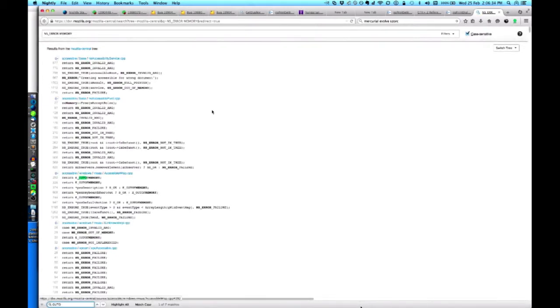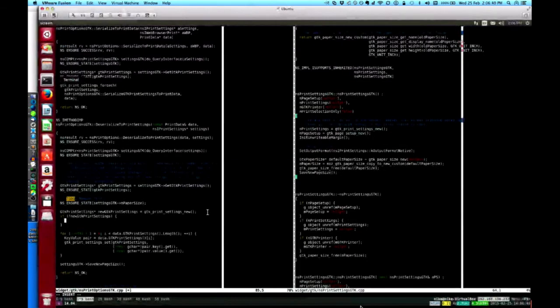NS error. Come on, DXR, help me out. Out. It's not E out of memory. NS error out of memory. Yeah, here we go. Return NS error out of memory. Okay. And then we need to